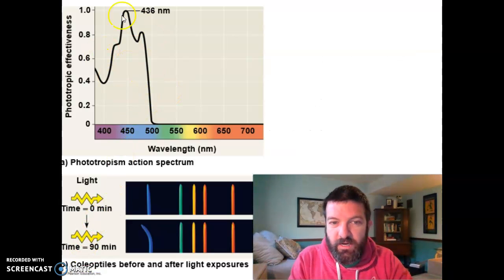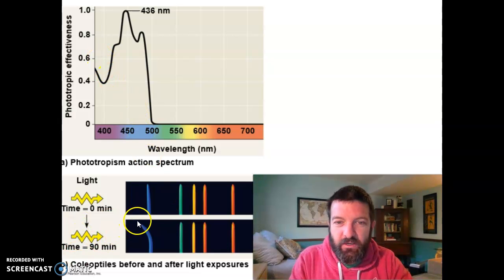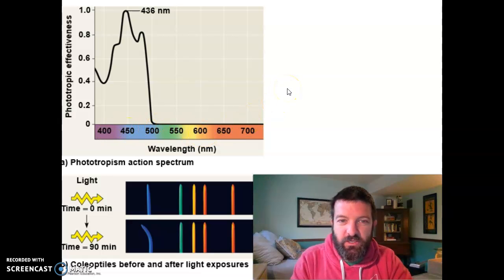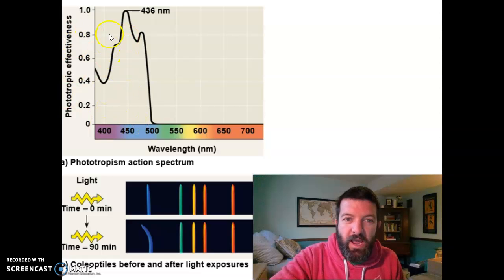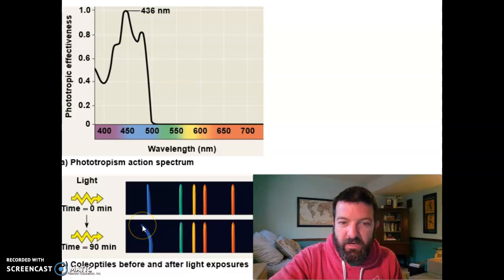Here at the top you can see an action spectrum, and below you can see kind of what's happening in the plant with each of these light spectra, and you can see that the action spectrum shows the blue wavelengths kind of in this mid 400 nanometers wavelength. There's a lot more action, phototropic effectiveness,